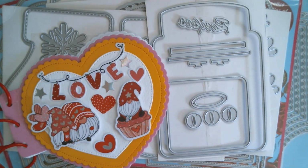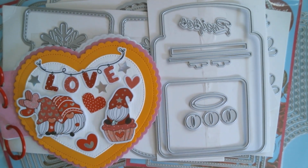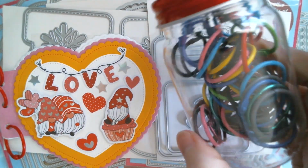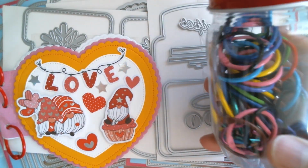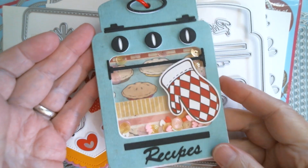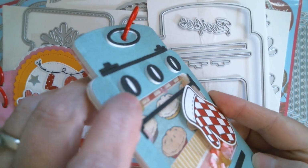And next up is my little retro oven, and these book rings are from AliExpress, and I've still got the jar actually, picking it up on my table, and I'll just keep them in a Dollar Tree jar, and they're just great. They come in different colours and you can get them in different sizes, but once again I will link those. And this is the little retro oven, and I use Dollar Tree foam boards to pop that up,